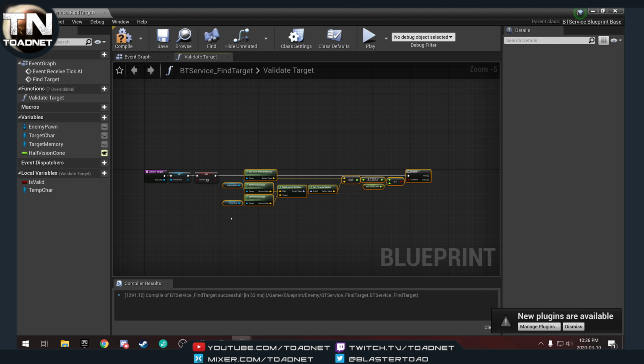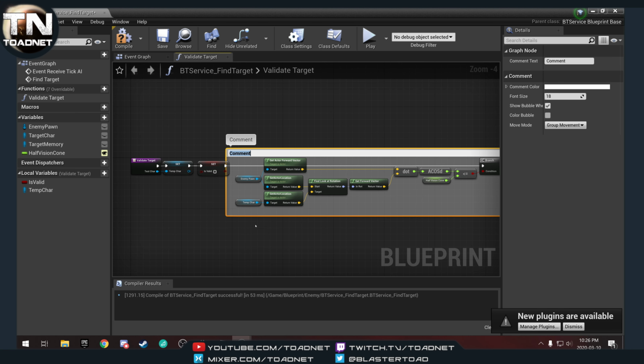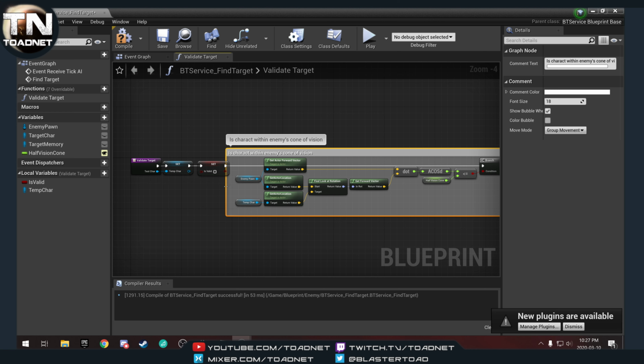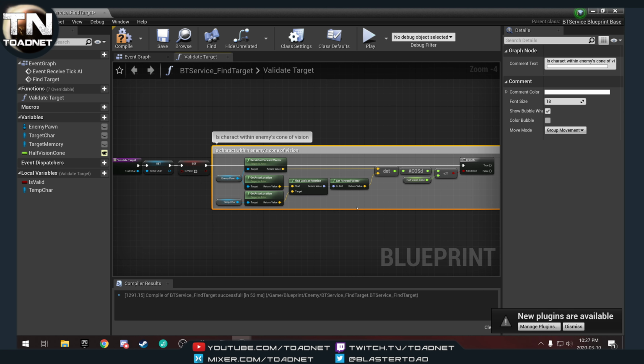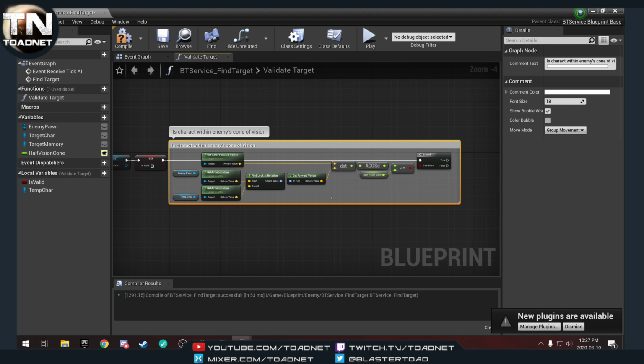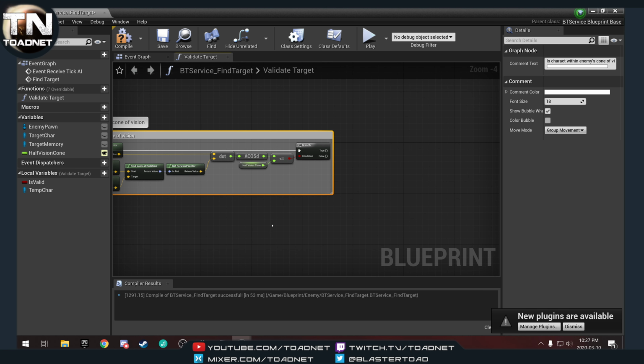Now we're going to select all that, hit C to comment. Now we're going to say, is character within enemy's cone of vision. And the reason why I'm saying cone of vision there instead of field of view is that this angle compare is not just on a plane, so not just looking left to right, but is anything within a cone. So it is a cone of vision. Okay, so if that is true,